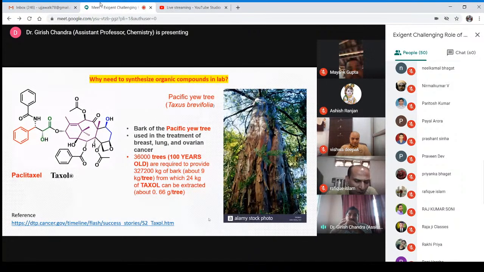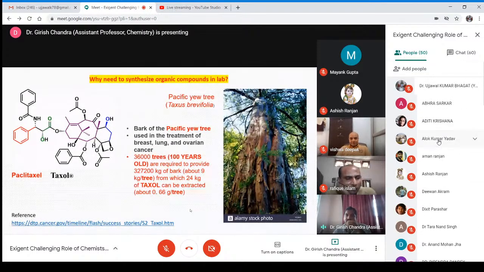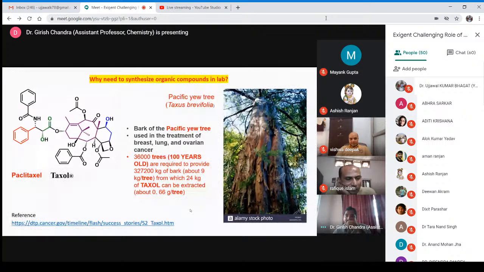Okay, so this compound was basically isolated from the bark of Pacific yew tree. So here, if you are able to see, then you can see the tree. This is a Pacific yew tree. So it was considered that if you isolate bark and extract this molecule, then that molecule will be useful for the treatment of cancer. But if you see the data